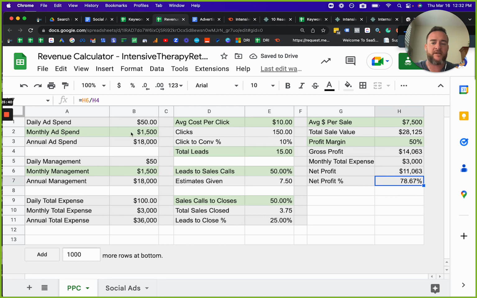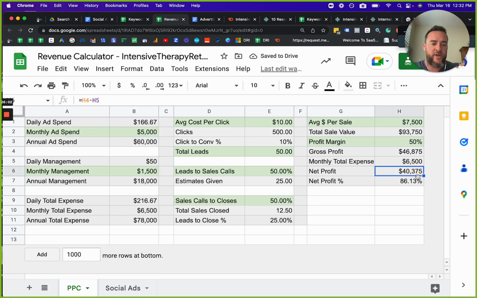And the reason being is that you need to fuel this fire to generate clicks, to generate leads, to go through these percentages to then create your net profit amount. So that's why as you add more ad budget, let's change this to $5,000 as an example. You can see that it's 78% net profit in this box. Keep an eye on this.